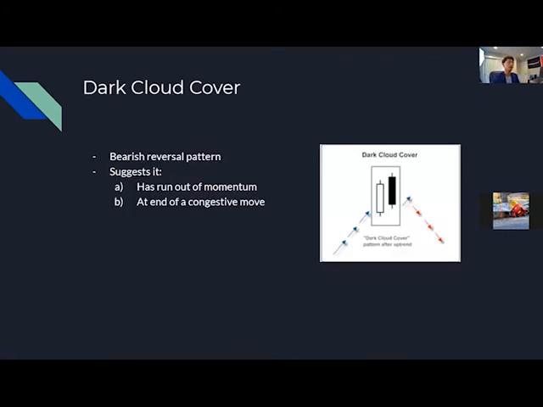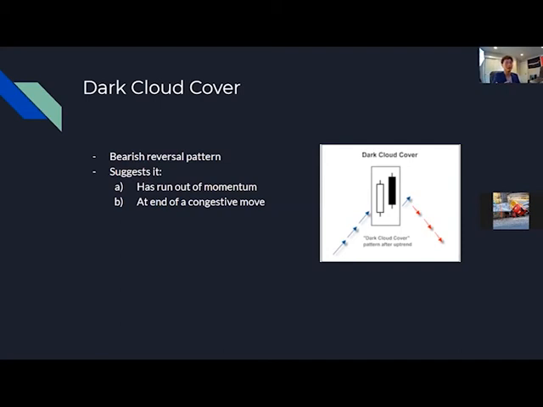All right, so next we have the dark cloud cover. This is a suggestion of a bearish reversal pattern. As you can see here, this has to have two different candlestick bodies to go along the lines of this pattern. If you see a strong white or green body, as I said earlier, between white and black and green and red, and the white body's mid-segment part is at around the same position as the black body's lower part, that might suggest a dark cloud cover.